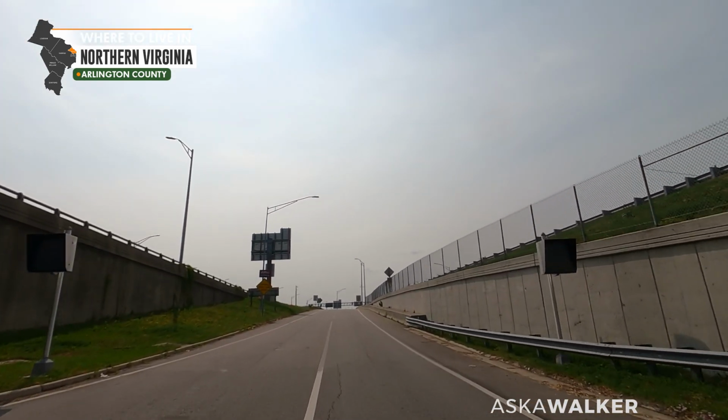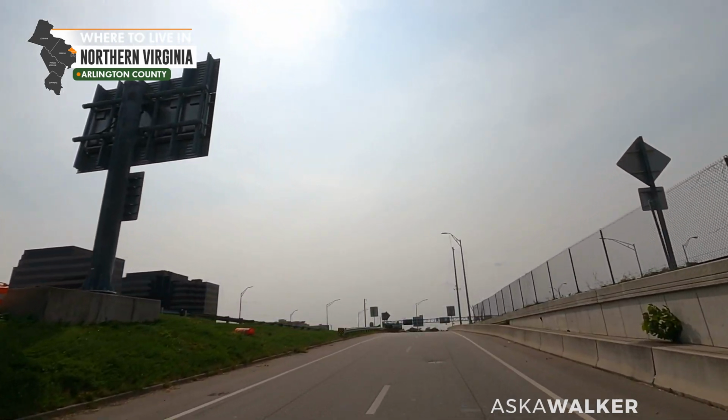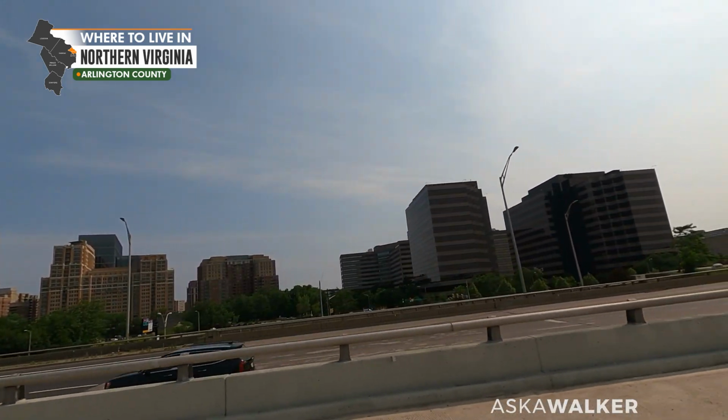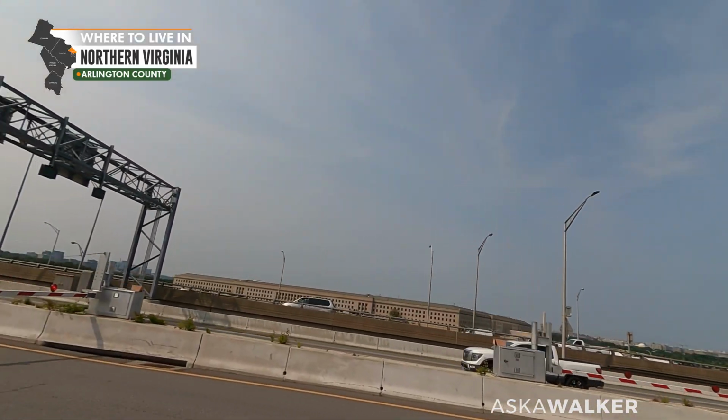So who would use this? This would be people who live in Springfield, who live in Lorton, well, you know what? Maybe not Lorton. Does Lorton have an exit after this? They kind of do. They have an expressway exit. Okay, so people who live in Kingstowne, Franconia,